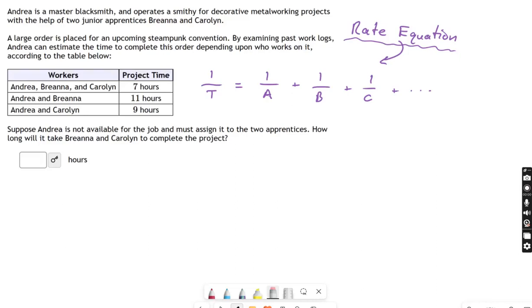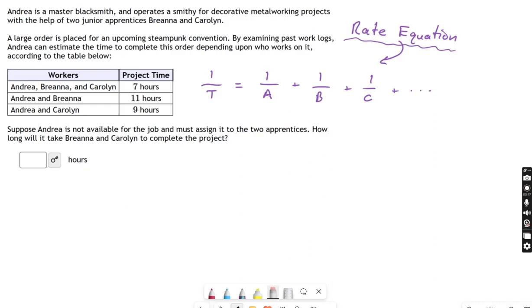If you're looking at this problem, it is probably not your first rate equation. This is not really an intro problem, but it's also not that hard. It's just a different way than they're usually presented. So I'm going to go through this in more of an overview and not get so much into the details of it. But in the end, I think you'll agree, once you see the way through it, it's not that bad.